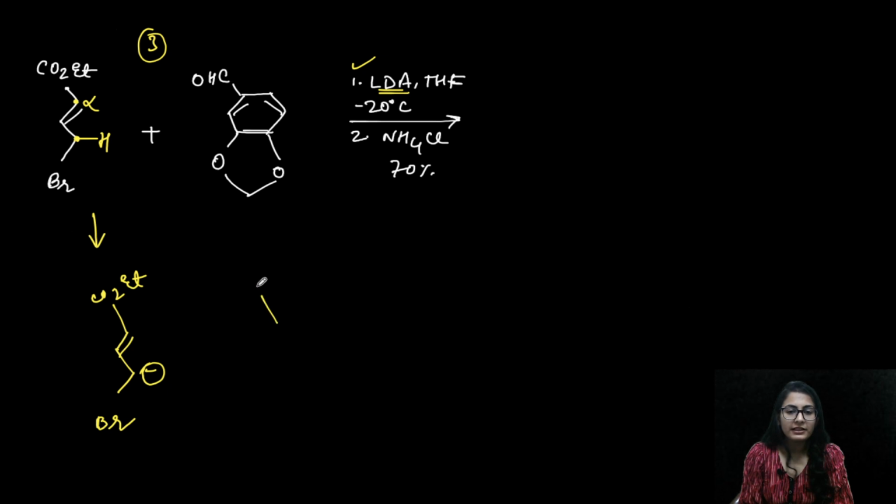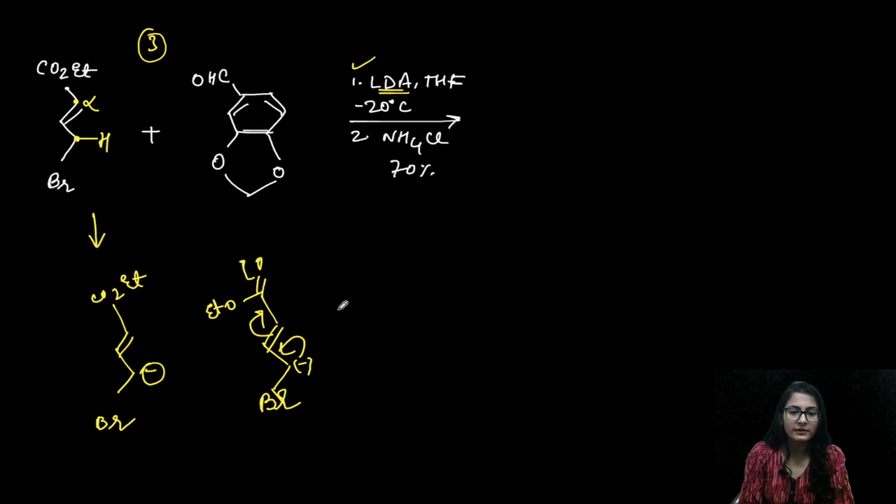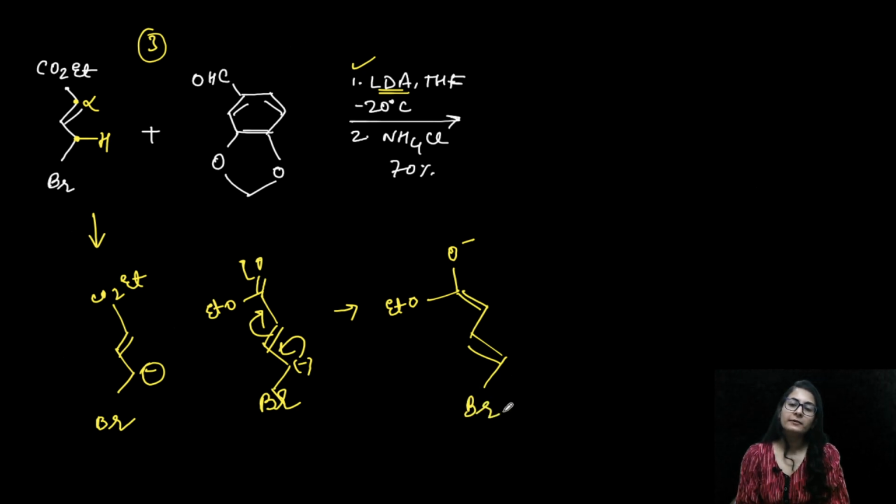We are definitely going to get this kind of a conjugation, alright, extended conjugation. So this is where it is, alright, this was bromine. Okay, so definitely conjugation is possible, guys. So this is also, you can call it an extended enolate. There you go. See, conjugation is still possible, right? So definitely LDA, without any second thoughts, you are just going to remove this proton from here because it is going to give conjugation like this.